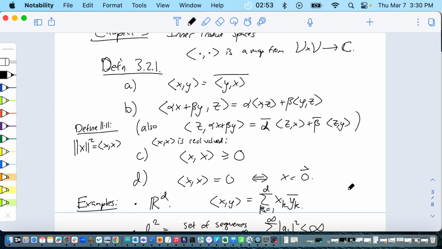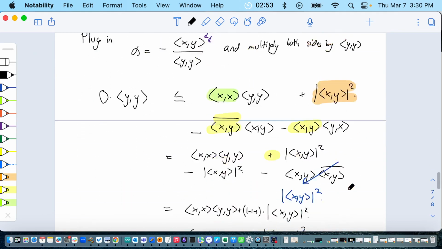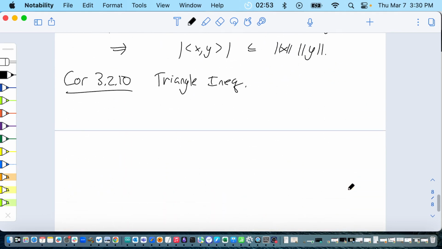Cauchy-Schwarz automatically happens from these rules, and if you have Cauchy-Schwarz, you automatically have the triangle inequality. If you have this inner product structure, everything is already baked into it. It works super nice. You don't need to prove anything new. So the triangle inequality says the norm of x plus y is less than the norm of x plus the norm of y, and the proof is